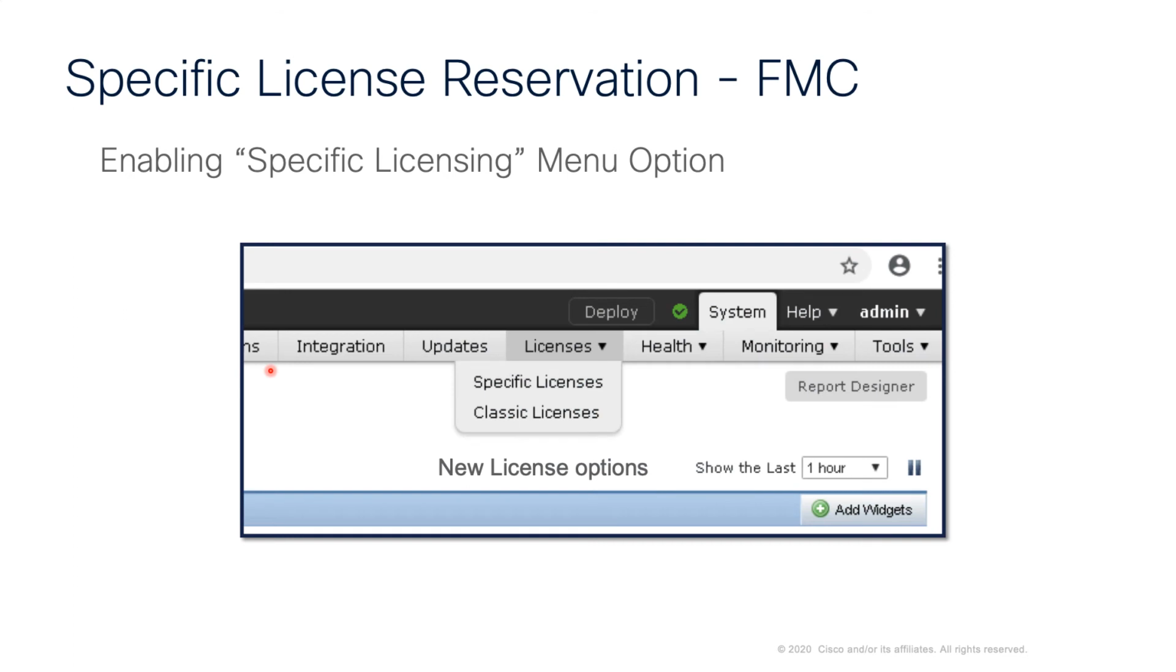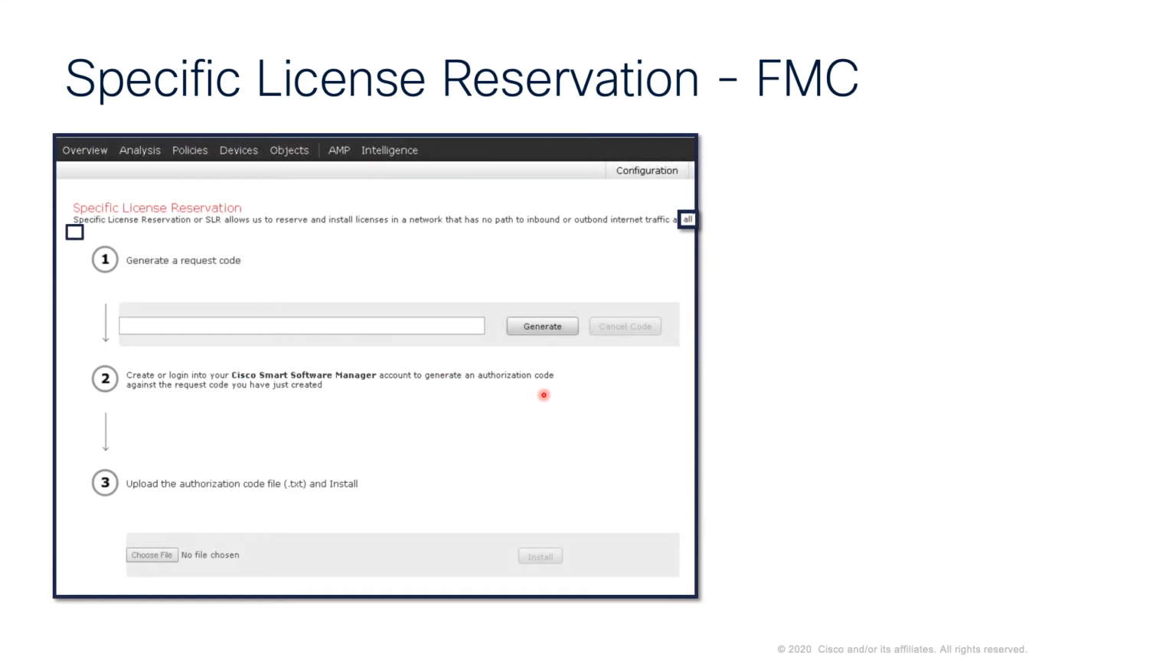Now when you go back into your FMC and you click on System and Licenses, you'll see that that has changed from smart licenses, and you can see that we've now got the new option of specific licenses. Now from here, when we go in, first off we want to click on Generate,